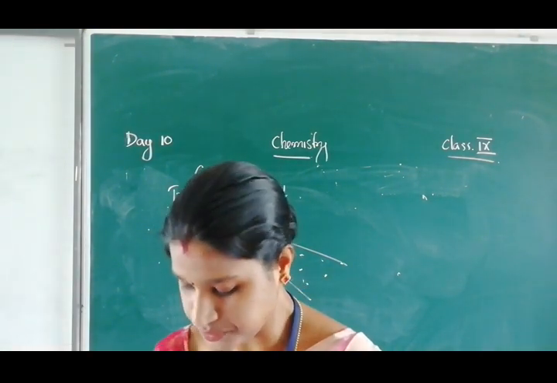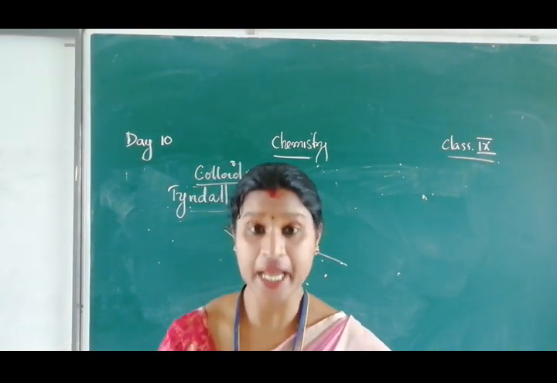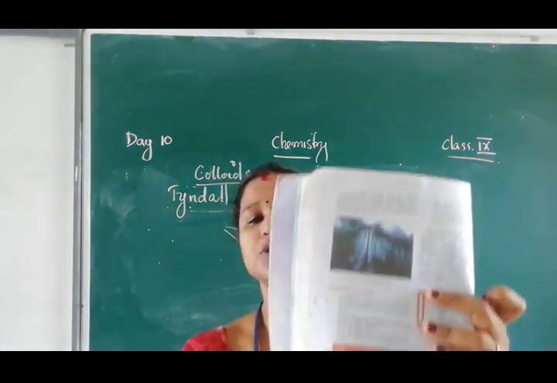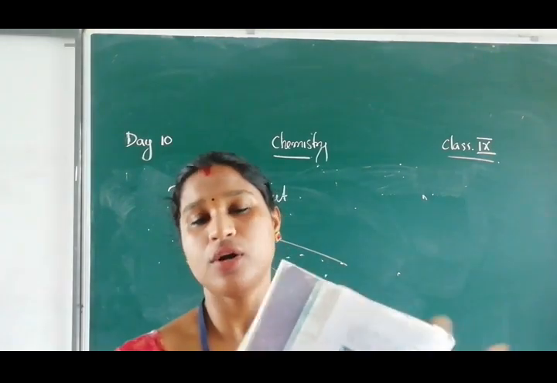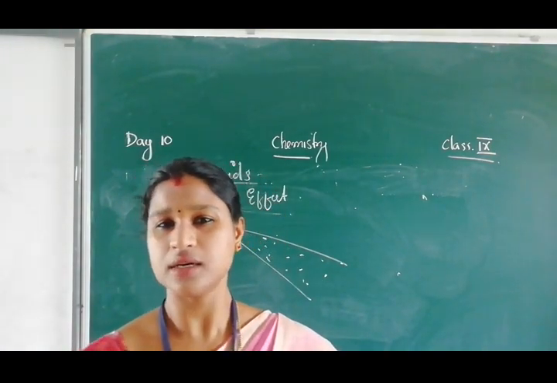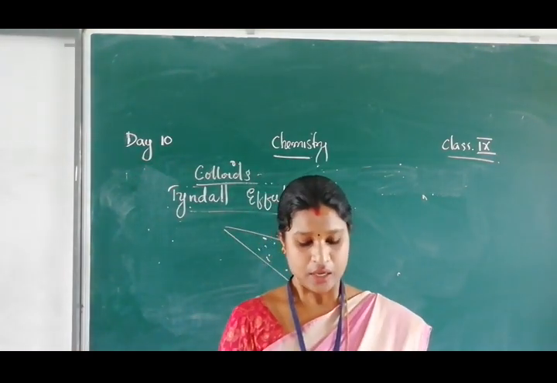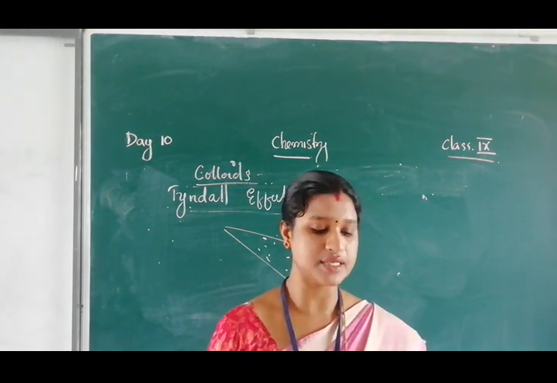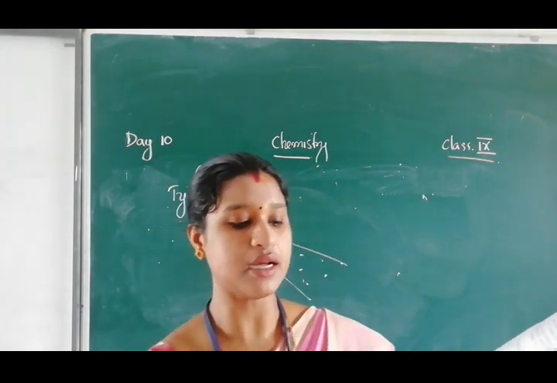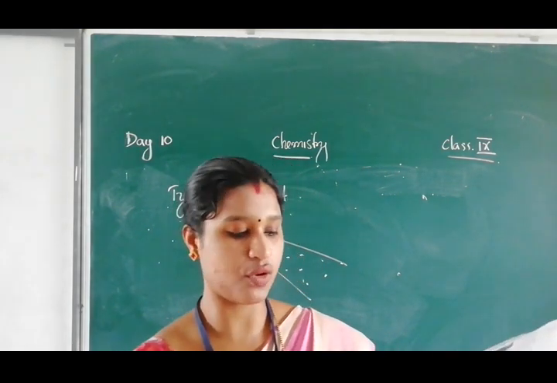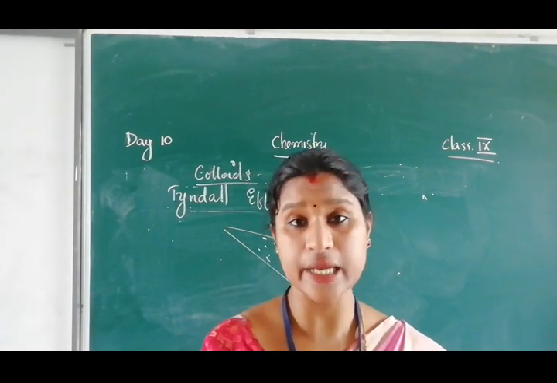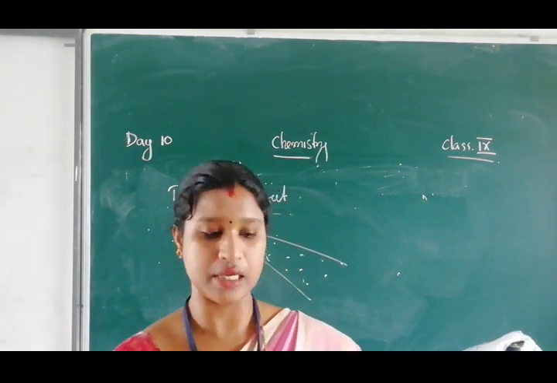Now you have one table in your textbook, Table 2.1. Can you see this one? This is not that much important, but I will just read out this table. Here the dispersed phase and dispersed medium are given, and based on these the type and their examples are given. First of all, if the dispersed phase is liquid, that means the solute-like component is a liquid, and